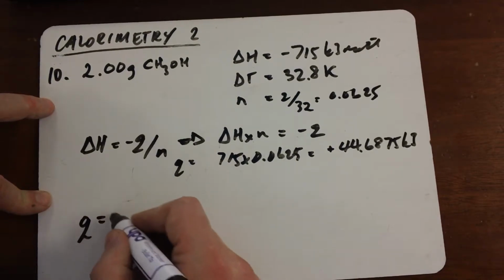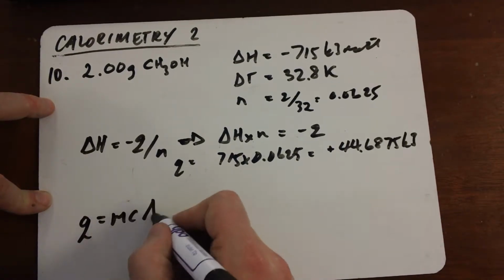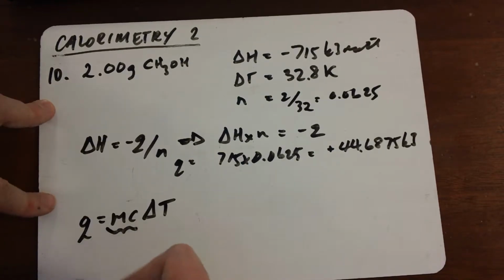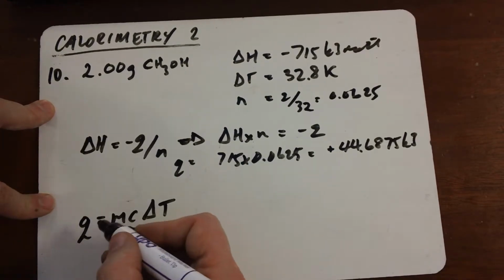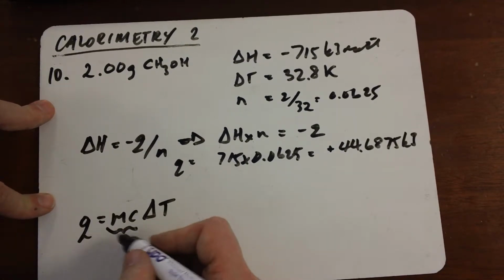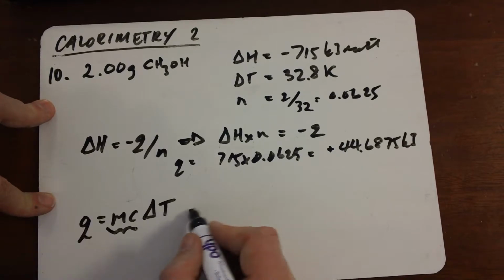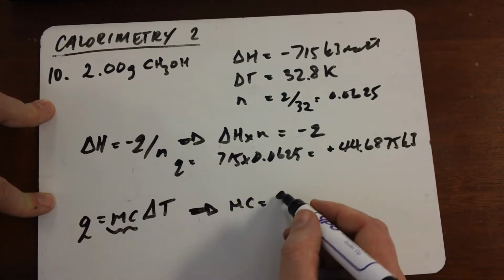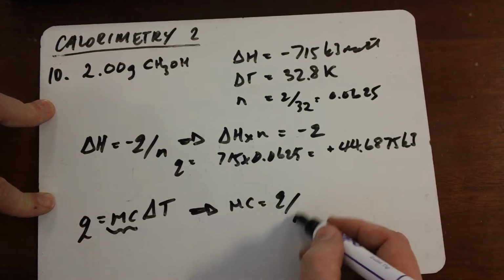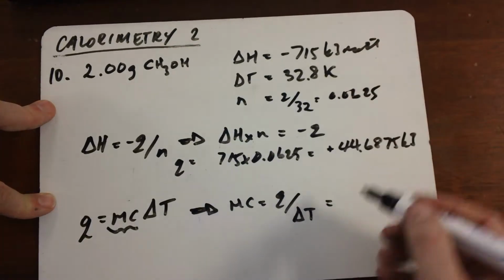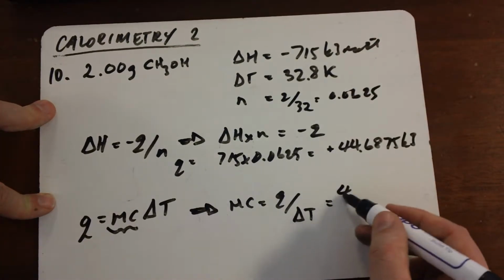Right, next then, we need to work out the specific heat capacity of the calorimeter itself, and what that means is that it's this here. So the mc is going to be our total calorimeter, both the mass of the calorimeter and the water inside, and the specific heat capacities associated with both of those materials. So we need to rearrange this to find out what mc is, and that's going to be equal to our Q value here divided by the temperature change, and it says it up here, 32.8, so that's going to be